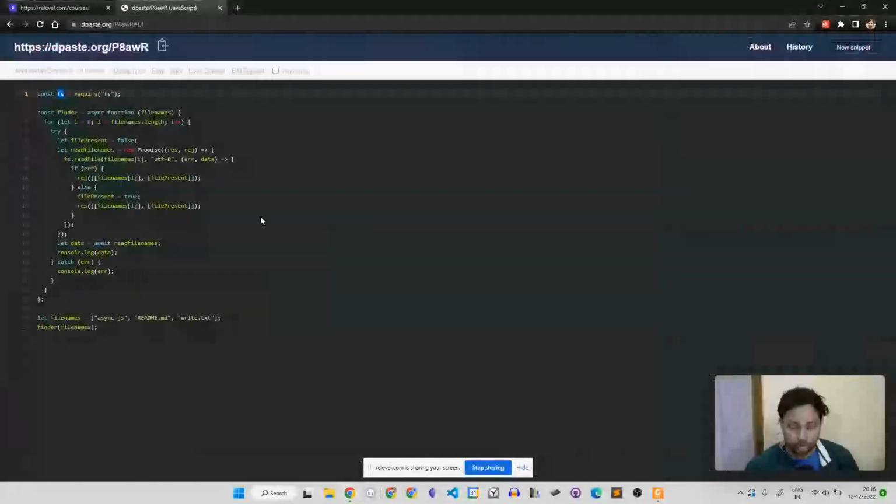Now, yes sir, sure. Zoom it a bit. Oh, you want to zoom it? Okay. Sure. I'm going to zoom it one more time. I was just checking the code. So here is the code.